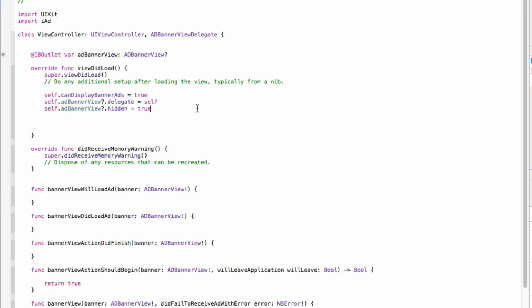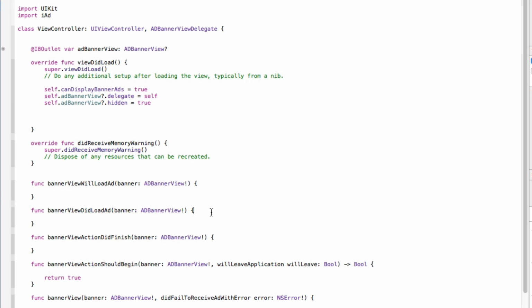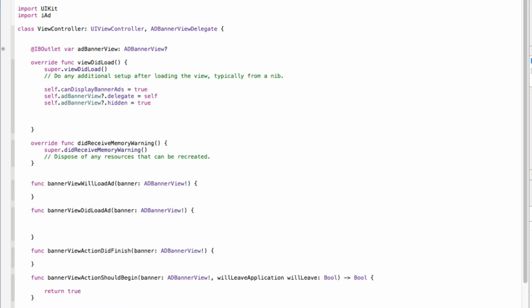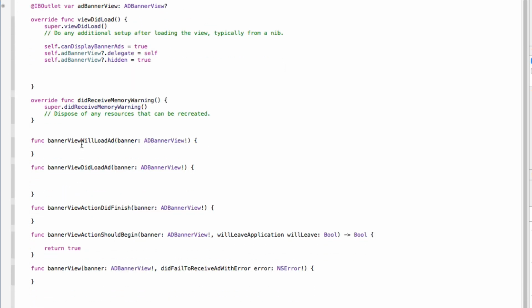And then what that is basically going to do is display when the banner view is about to load. In terms of, instead of will load, we don't want it to will load, we want it to did load. So if it did load an ad, then display the banner. If we placed it in will load, then we're going to display the banner before the ad has loaded in